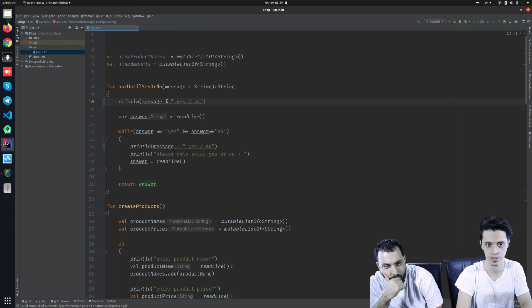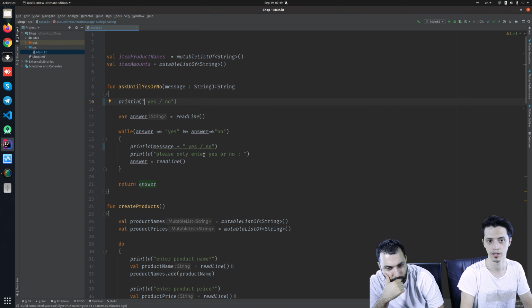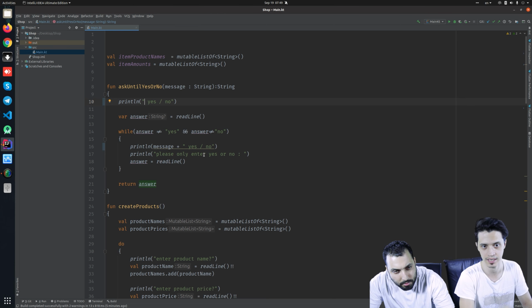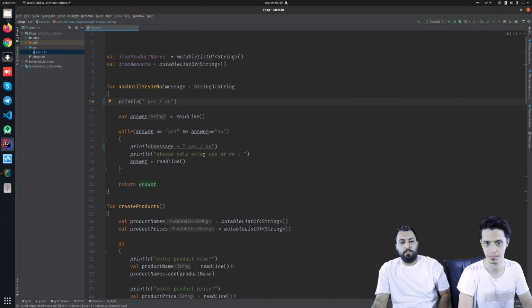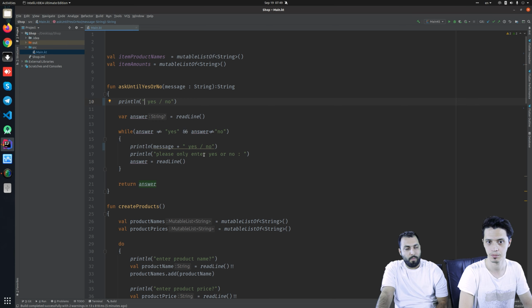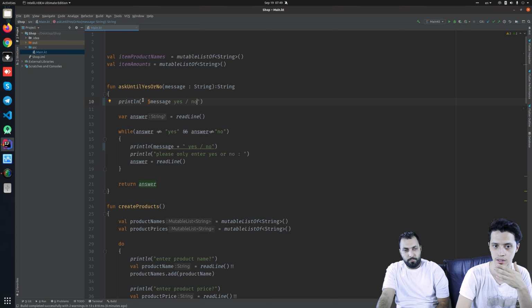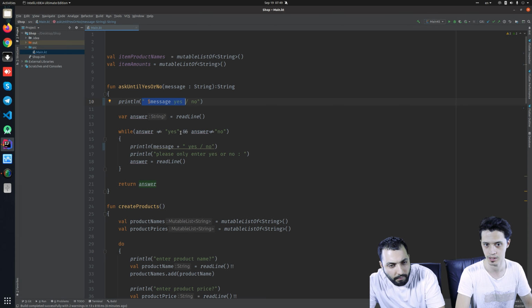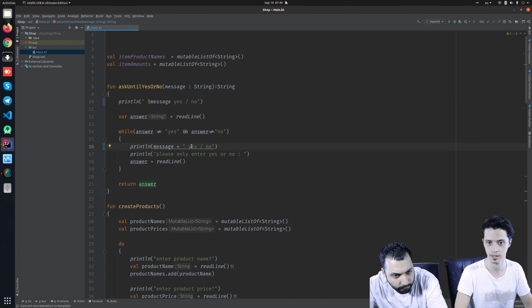We could have a string, and instead of introducing placeholders, we introduce the actual things. For example, in this string, we say that this string has a space. Then please place the message here, whatever the message is, whatever the characters. Yes, no. Yes, then another space, then yes, then a space, then no. This will build the string that we want. This is called string interpolation. And it is suggesting, as you can see these lines underlined,